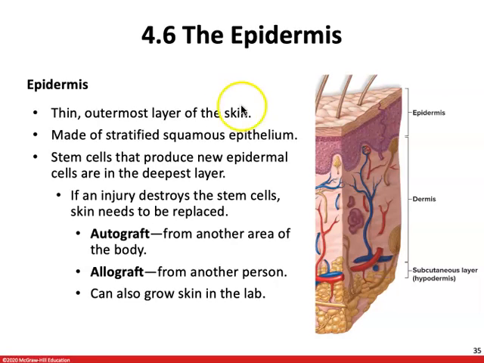These are found in the upper layer of the epidermis. They're dead, and they're going to be filled with keratin. This is going to be responsible for forming our waterproof barrier. There are also Langerhans cells found in the epidermis. These are a type of white blood cell that help protect us against infection